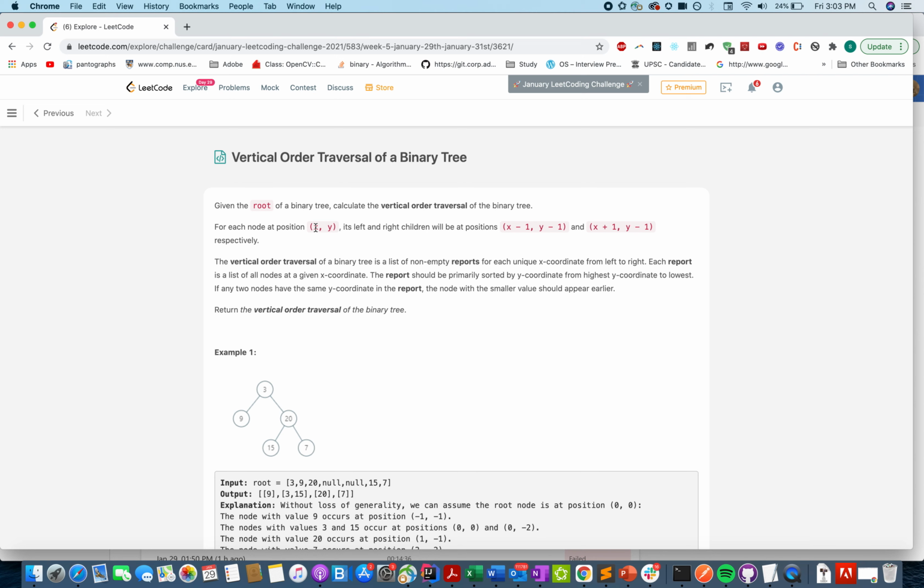left child and the right child and the current node. It says if you are at a position x, y, then its left child would be x minus 1, y minus 1, and its right child would be x plus 1, y minus 1. If you need to identify the coordinates of the right child and the left child, the rule is specified in this line. While calculating the vertical order traversal, what you need to think before writing the sorting algorithm is that